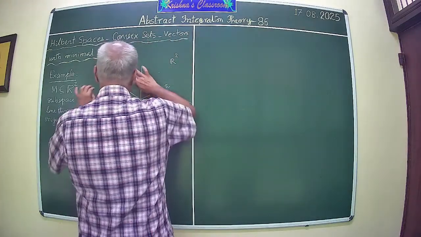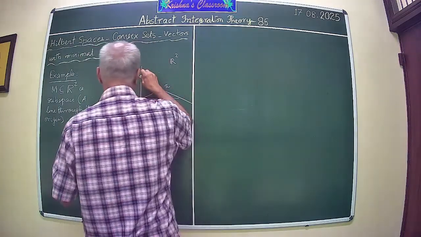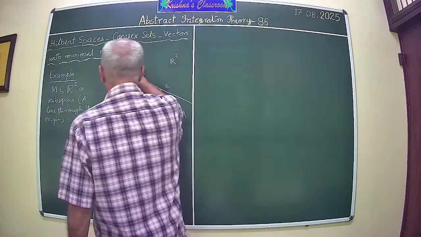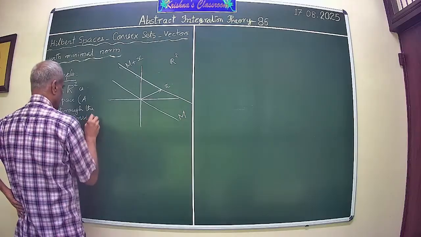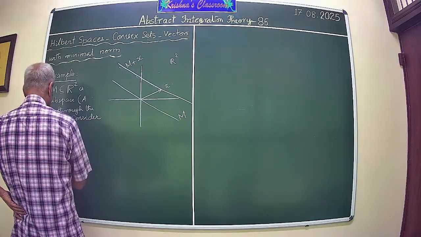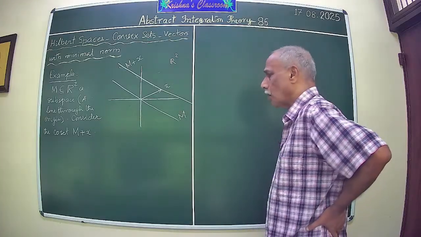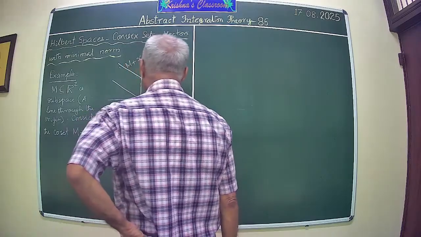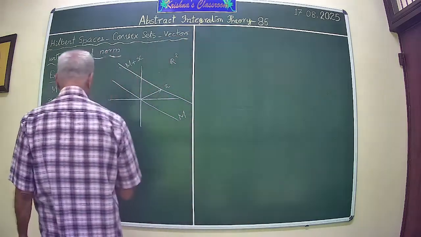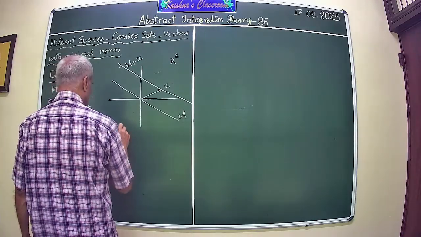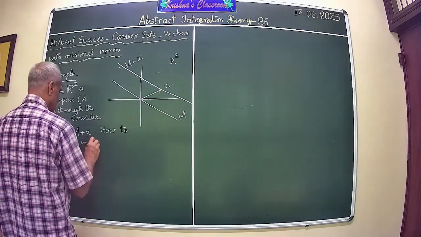So draw a line parallel to M through X. So call this, then you know that this is essentially the set, the coset M plus X. So consider the coset. Now our job is to find a subspace which is orthogonal to M, or how to resolve X into a sum of